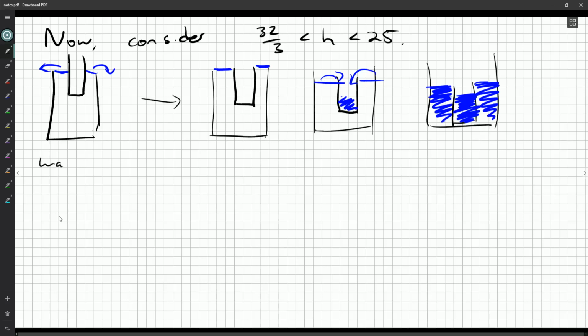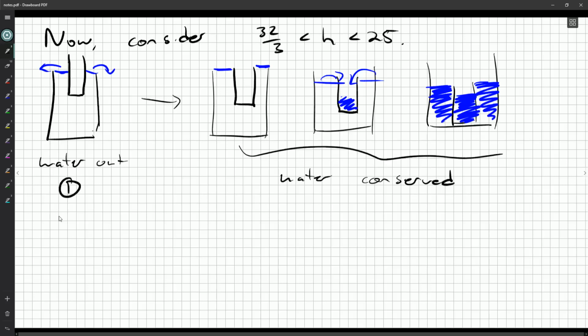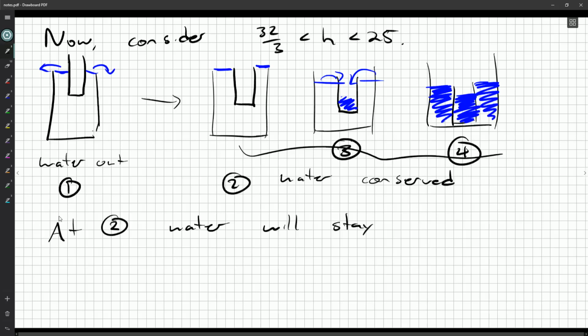Okay, so this I think the same sort of reasoning will apply. So water out. At this point, water is conserved. There will be no change in the amount of water. So, and we could even name this, so 1, 2, 3, 4. Nice, that way I can refer to things like at 2, water will stay constant from now on. We might say water in A will stay constant from now on. This volume of water